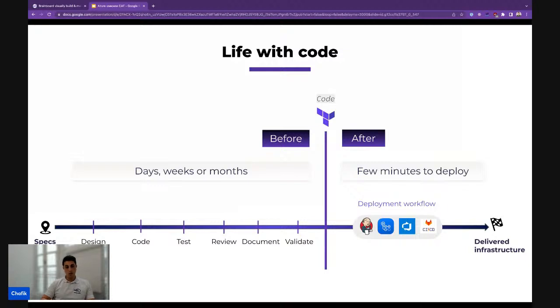So the most important part, where us cloud architects and DevOps engineers and even SREs spend most of our time, is before having the code. And the purpose is getting as fast and as secure as possible from the specs into having a valid Terraform